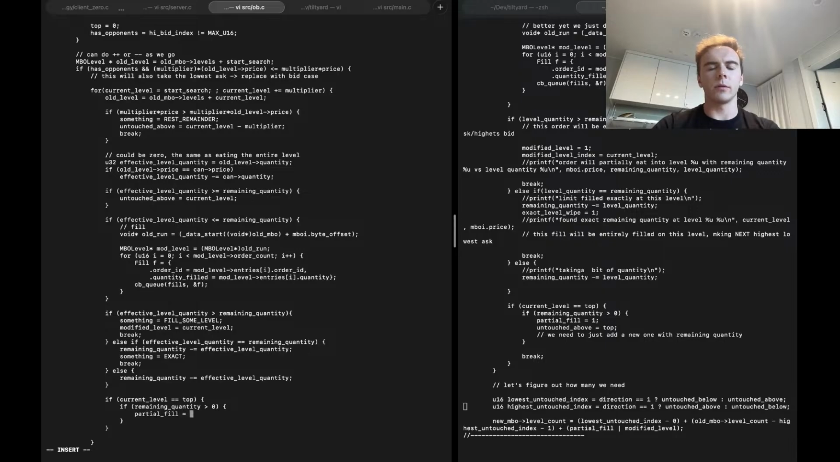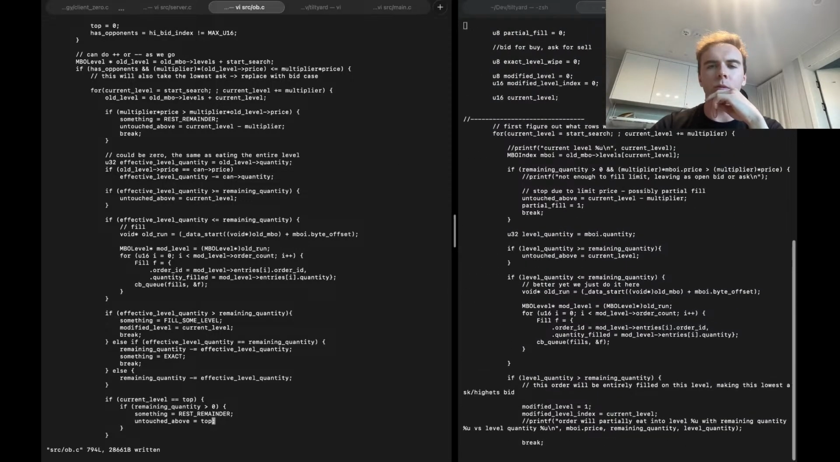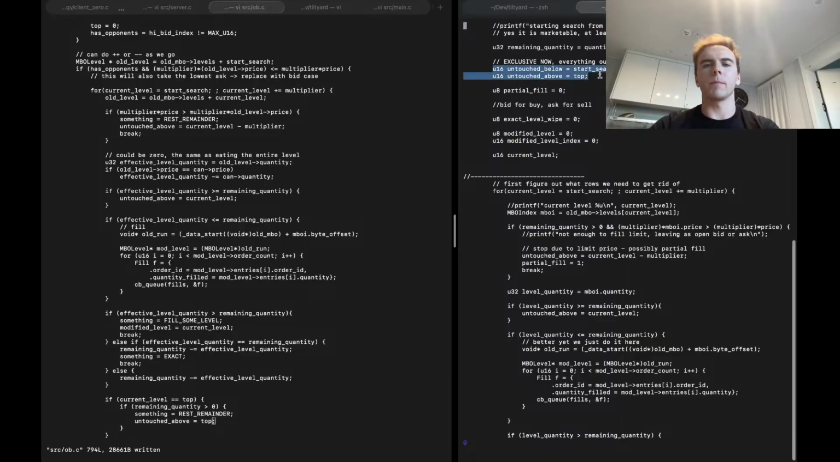Partial fill is equal to, not partial fill, we'll call it something, is equal to rest remainder, but we need to make sure to set untouched above to the top. Okay. I feel like we also should be setting untouched below to some initial value. Right, okay. So this is in the